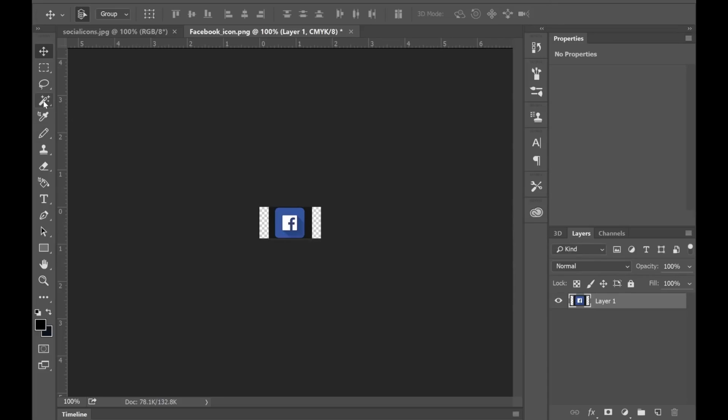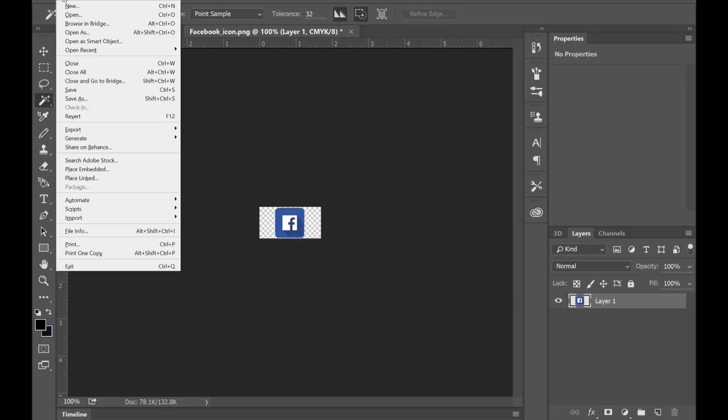So to get rid of the black background that we have, because we don't want any background in this image, we just want the icon itself, we use the magic wand tool over on the toolbar here. Select the area just by clicking the black on the picture and hit delete when the area is selected. Then deselect the area, by clicking twice until there is no area selected anymore. And now we have our Facebook logo ready to export.